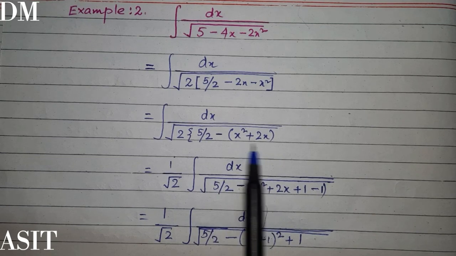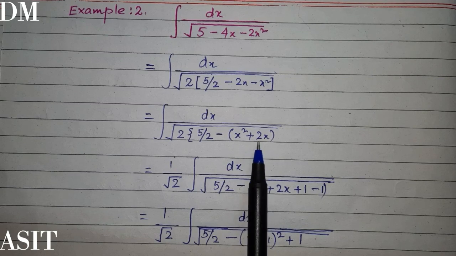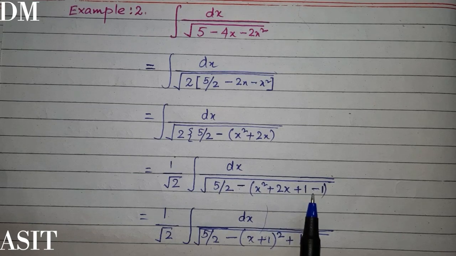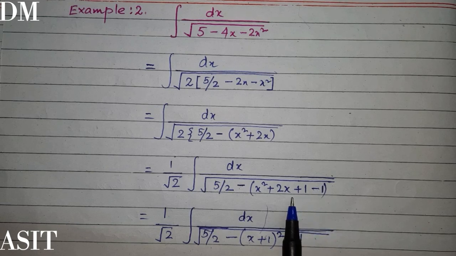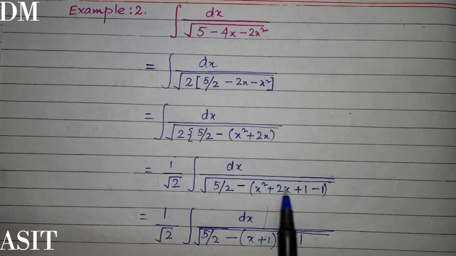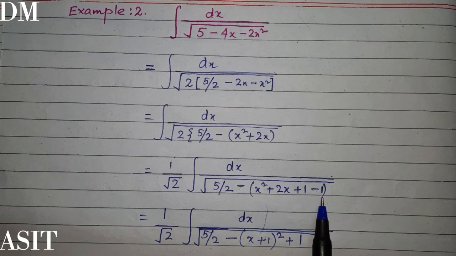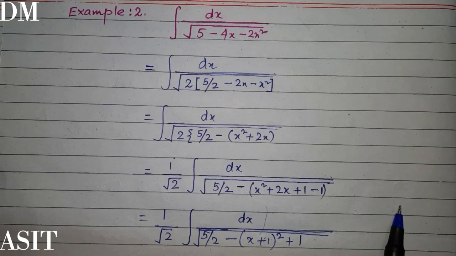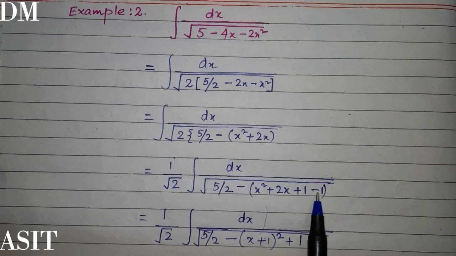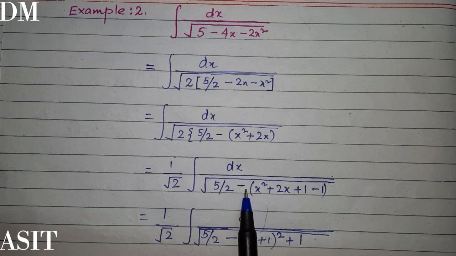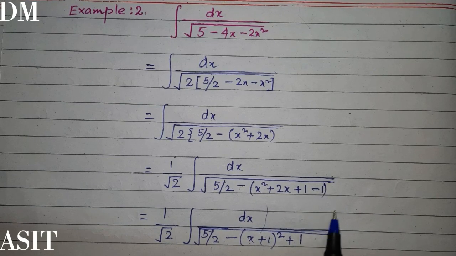Now next thing is we have to complete this square. Now to complete this square we need plus 1. So x square plus 2x plus 1. Now to adjust this one we need to subtract 1. So therefore x square plus 2x plus 1 minus 1. Now again for completing this square, this minus 1 has no work. So it will be going outside from this bracket. And I can write this expression as x plus 1 whole square, only this expression. And this minus 1 along with this negative sign, it will become plus 1 and it will go outside from the bracket.